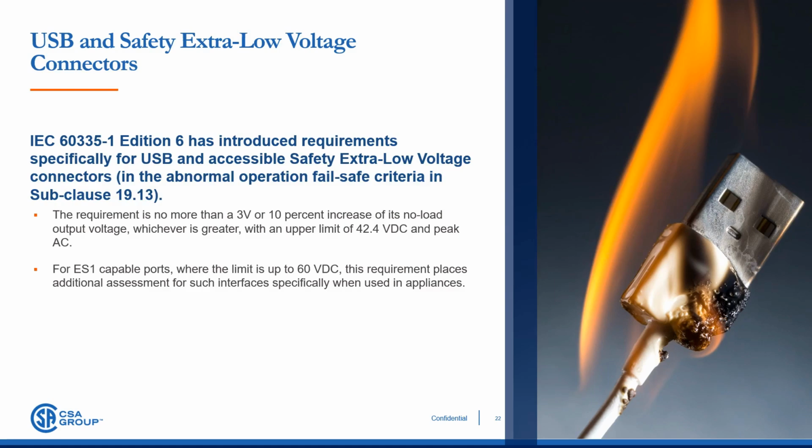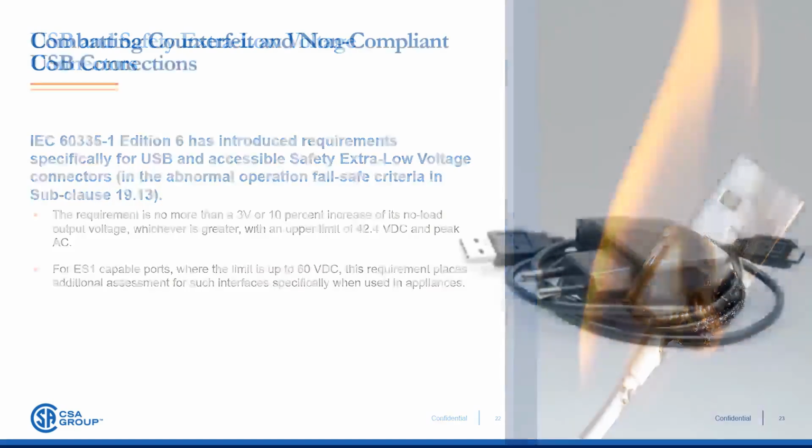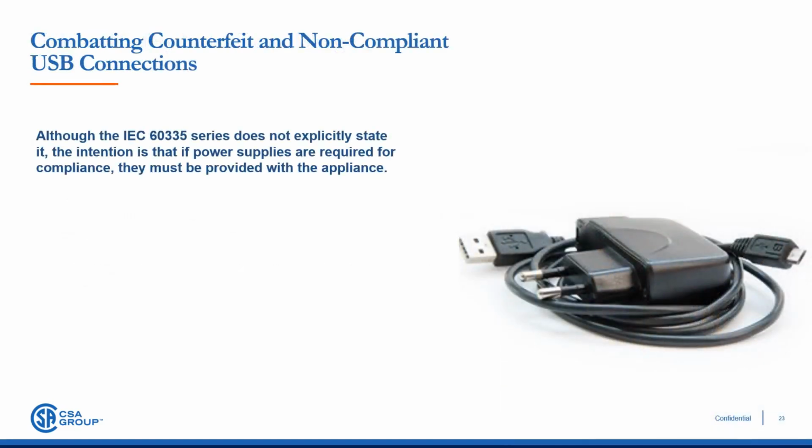The interpretation of USB concepts within the IEC 60335 series are still under discussion, as this specific safety standard has always been written on an assumption that if a part or component is deemed critical for compliance, then it must be provided with the appliance. However, with standardized power connections like USB and Power over Ethernet, for example via an RJ45 connector, questions arise about whether external supplies must be provided with each appliance.